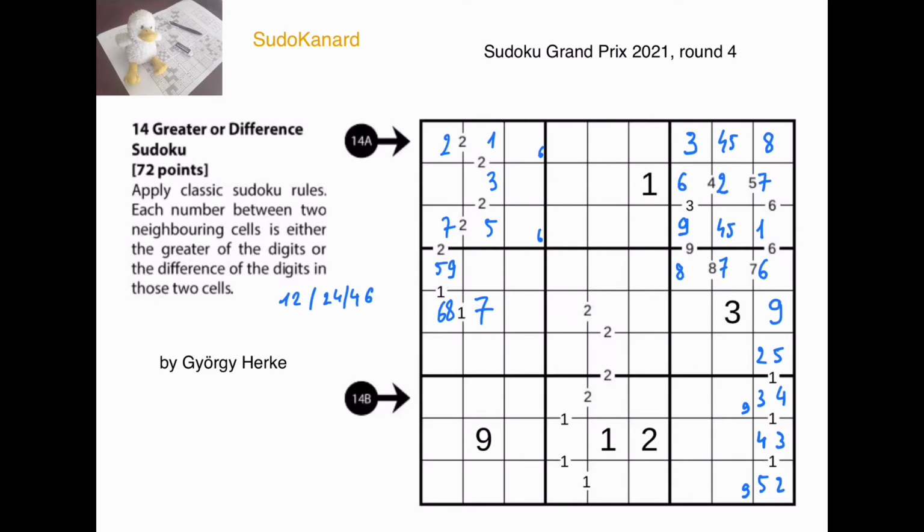What else can we do? I think we must address this S. Well, something interesting is that there's a 4 in one of those cells. I'm not sure how interesting this is actually, but